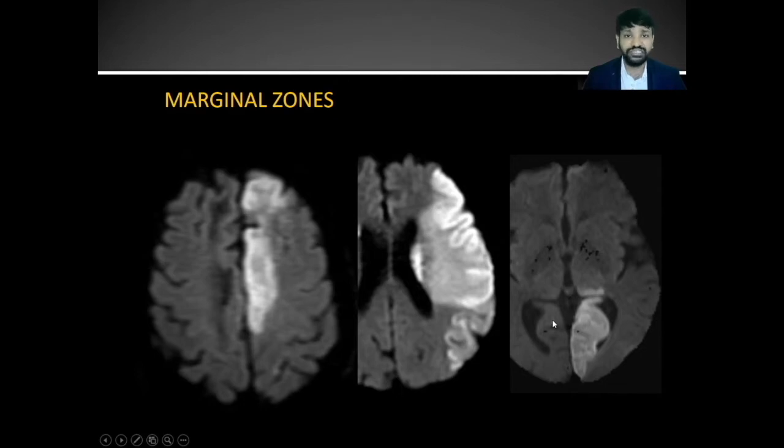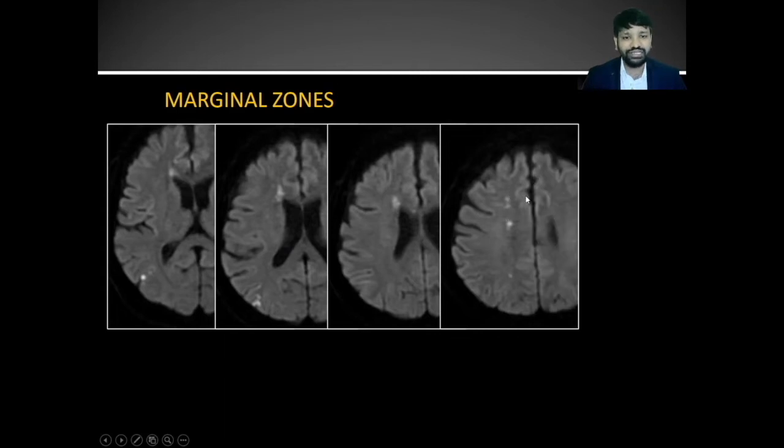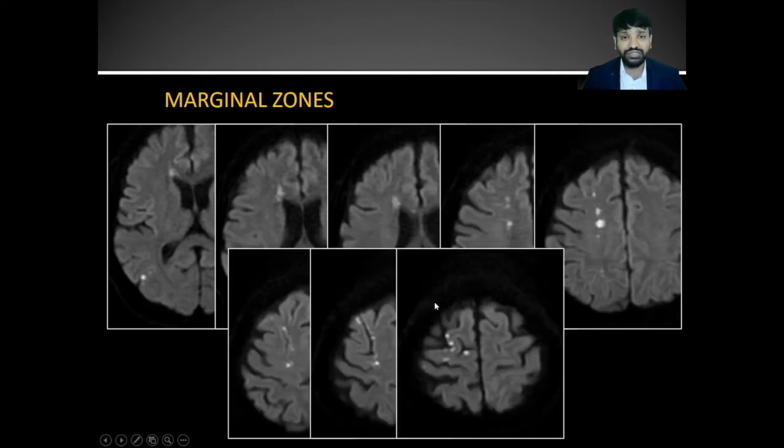So what are these marginal zones? Marginal zones or border zones are nothing but the areas which are falling in between these two territories. So whenever you are looking at any case, if you see infarcts either in the anterior periventricular or posterior periventricular like a straight line at the ventricle level, in the superior cuts it will be a straight line in the centrum semiovale level. These areas are not in the ACA or in the MCA, but they are falling exactly in between these areas. These are called marginal zone infarcts,